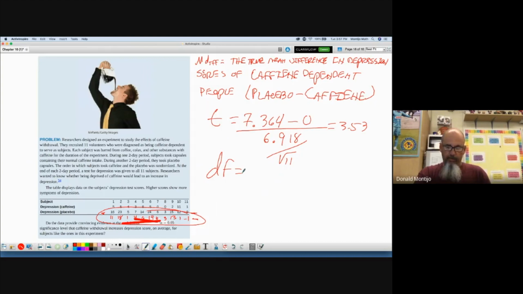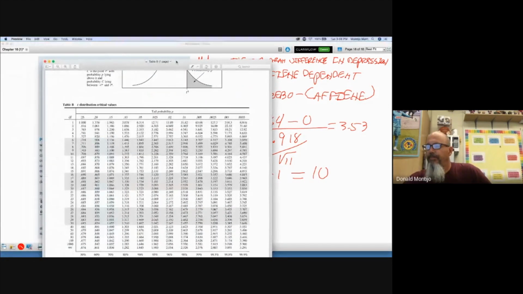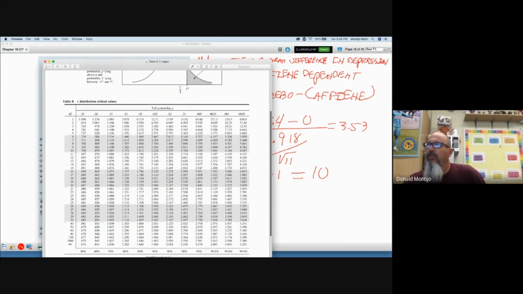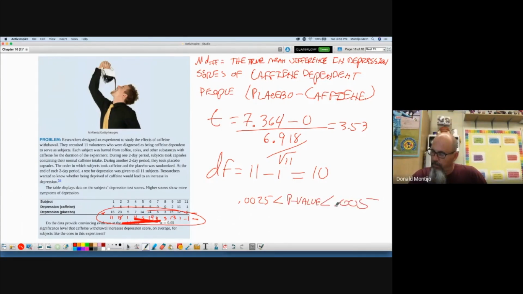What about degrees of freedom? Oh, the difference minus 1, there's 10 degrees of freedom. So I go to table B, I look at 10 degrees of freedom, and I try to find 3.53 so I can estimate my p-value. 10 degrees of freedom, 3.53 is right here. So my p-value is between 0.005 and 0.0025. So my p-value is larger than 0.0025, but smaller than 0.005. Therefore, the data is statistically significant. I would reject the null